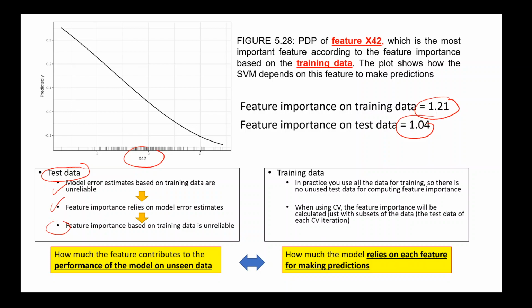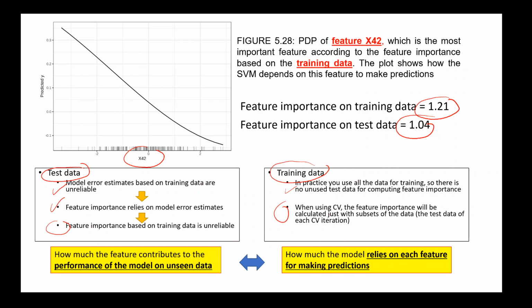However, there are a few points in favor of using training data, such as in practice, you use all the data for training because the datasets are very small. So there is no use of test data for computing the feature importance. When the data is small, we usually use cross-validation for estimating the error, which can also be a problem because the error is estimated only using a subset of the data on each iteration